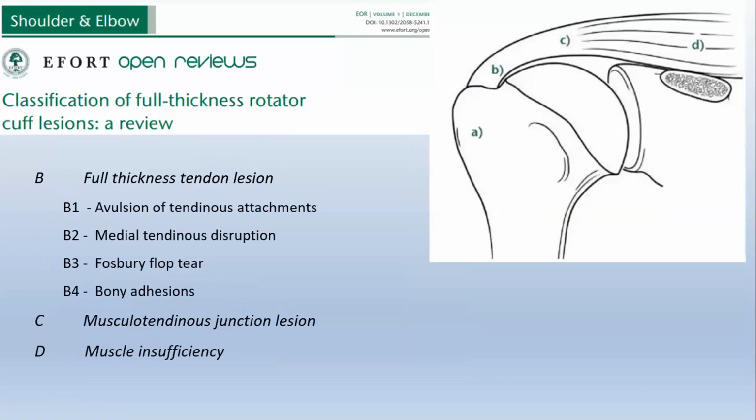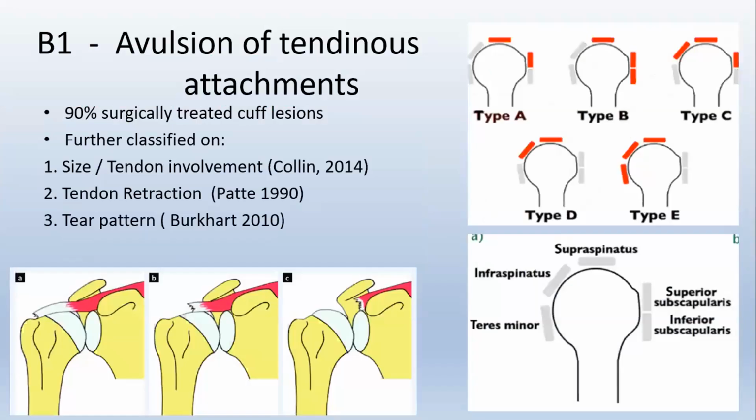So the classification goes by A to C. A is any fracture in the greater tuberosity. B is full thickness tendon lesion. C is musculotendinous junction lesion, and D is muscle insufficiency. Under B, it is classified into B1 avulsion of tendinous attachment. B2 is medial tendinous disruption. B3 is forcefully flop tear. B4 is bony adhesions. In B1, that is avulsion of tendinous attachment, it constitutes about 90% of all surgically treated